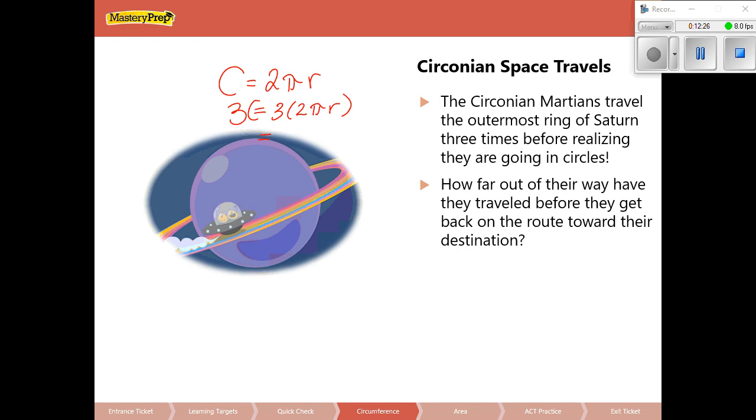Now, the radius of Saturn actually works out to be 36,184 miles. Okay, that's quite a good distance if you're going from the center of Saturn to the surface. Well, to the outer ring, so from Saturn's surface to the outer rings where they're at, it is a total distance of 8 million miles